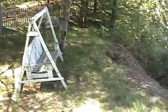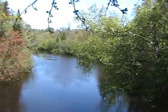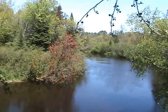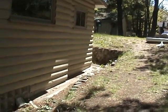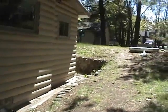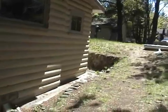This is 75 feet of riverfront. The house is built on sand, nestled into old sand dunes from times when the Lake Superior came up this far, and the property